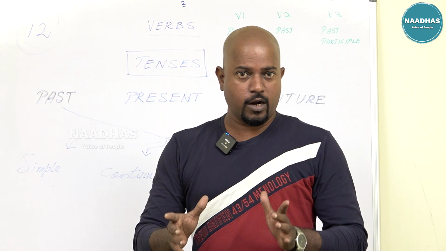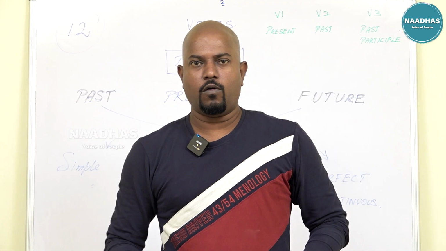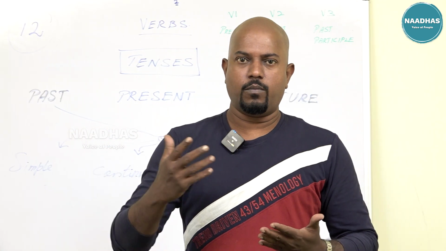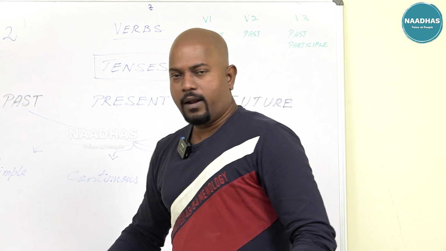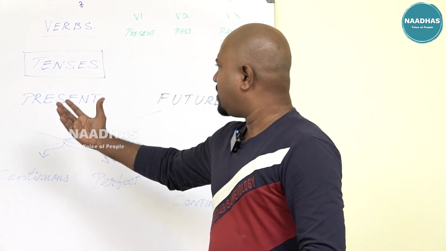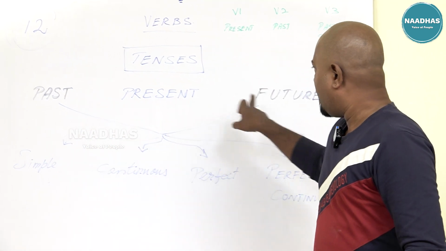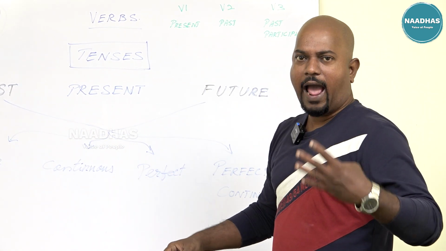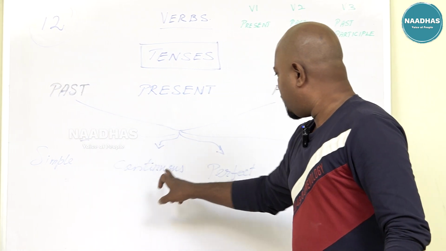But in the case of irregular verbs, there is no such formula. You have to familiarize yourself with all the verbs, right? That's it. Well, now shall we focus on the tenses? So we have three tenses: the past, present and the future, and we have four aspects: simple, continuous, perfect